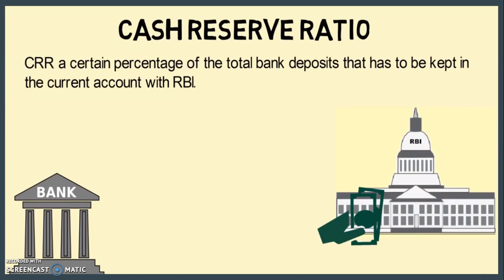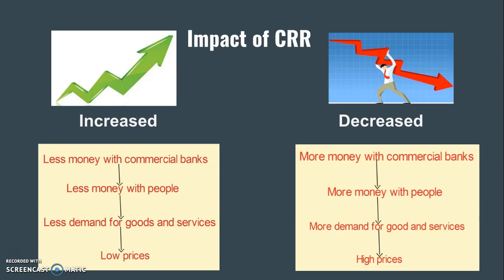So what happens when the cash reserve ratio increases or decreases? Obviously, if the CRR is increased, say from 4% to 6%, that means when you were keeping 4,000 out of a 1 lakh deposit, now you have to keep 6,000. That means, imagine in broader terms, that there will be less money given to people in the economy for development and other purposes, right? So the money availability is less.